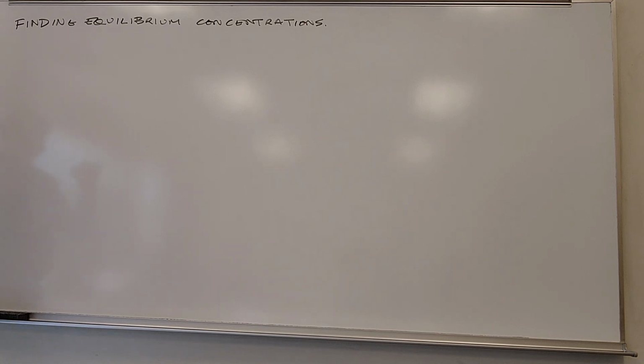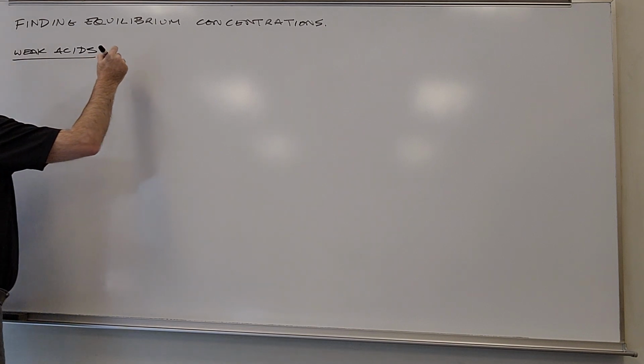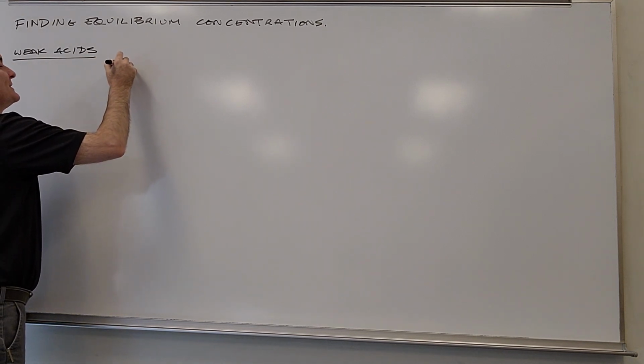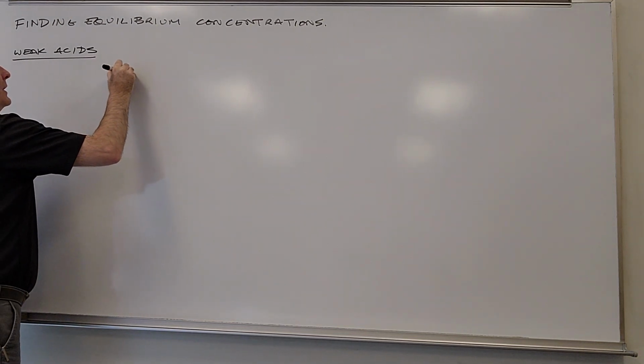So in the simple sense, there were two things that were important in equilibria, and they were weak acids and insoluble or sparingly soluble salts. Let's look at both of them. We'd seen things like hydrofluoric acid is a weak acid,